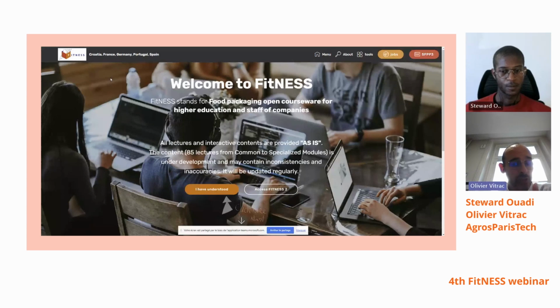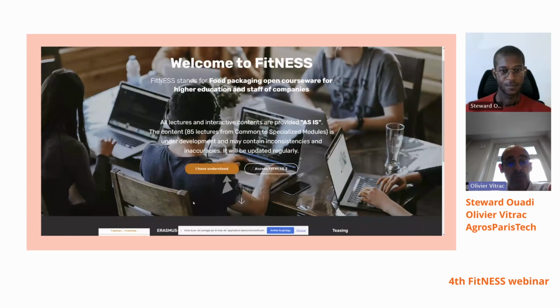and the platform can be cloned. The original platform is called fitness.agropytech.fr. If you type FitNESS and AgroPyTech, the name of our institution, you will reach the website. You have two buttons, an orange one and a white one. With the orange one, you go to the main platform of FitNESS 1. And if you go on FitNESS 2, you have access to the refreshed content and the refreshed interface that we